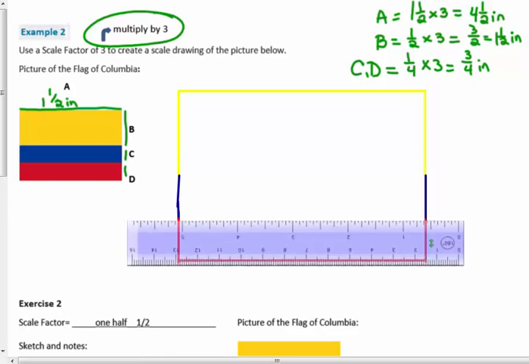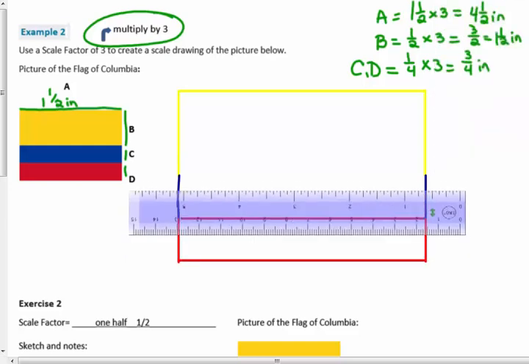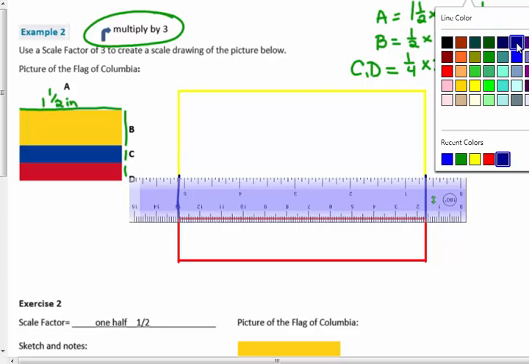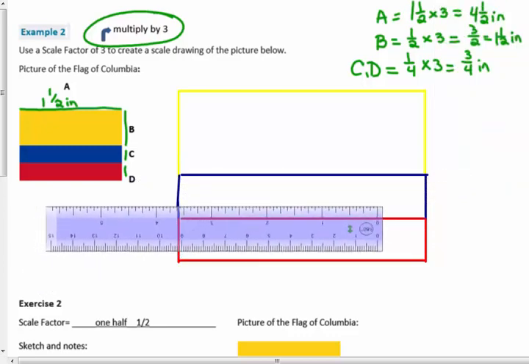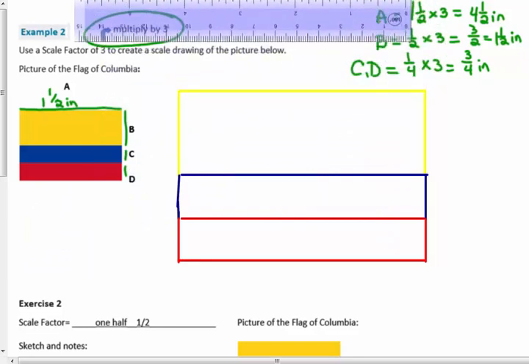So I'm just going to connect point to point there and make my flag, that was what I was making there. And it should come out to be 3 times larger. And yes, you could color it in, but that is the proportional flag drawing from my original flag here